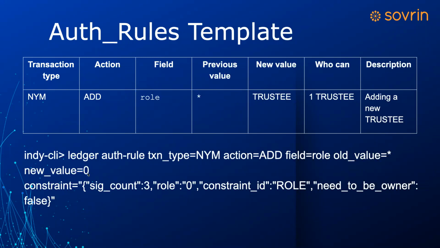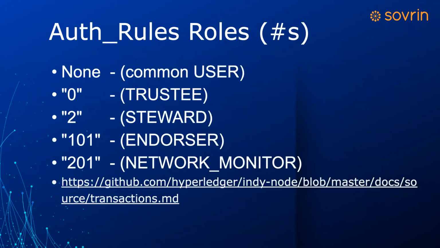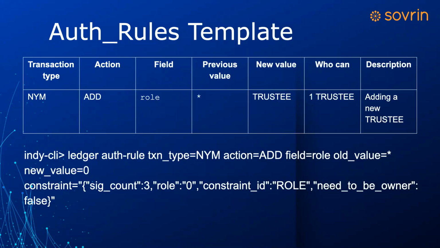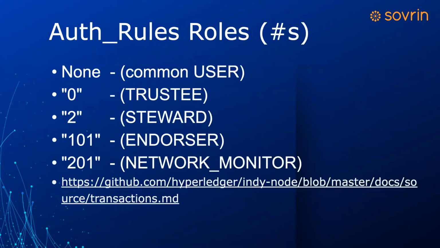And then this 0 here is the number. I have to pass the number in. They don't have it set yet to where I can pass in the name trustee. And I added something on the next slide here to show you what the different role numbers are, so you have an idea of that if you need it. And then I listed where I got those numbers from: the single-digit numbers come from the Indy quantum code base, and the 3-digit numbers come from the Indy code base.